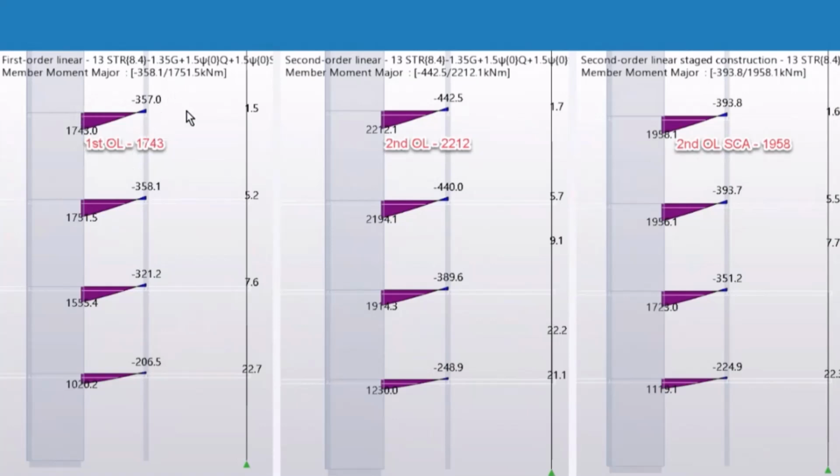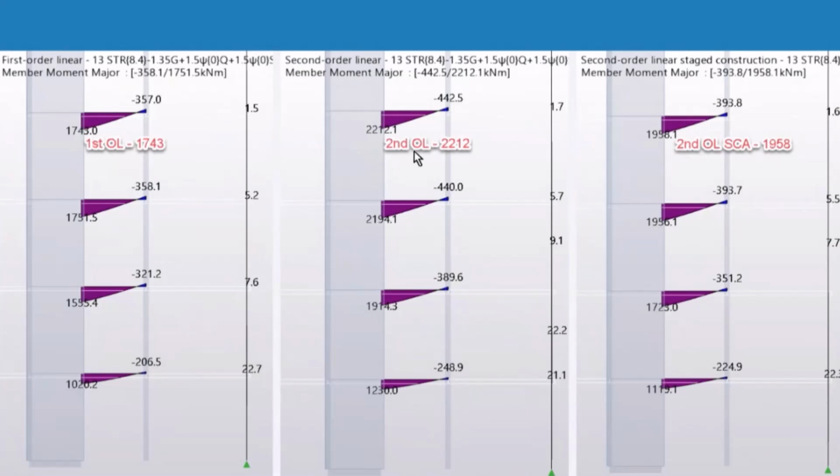And you can see the bending moments in the beam for one of the load combinations, it's actually the critical load combination in this situation. I'm showing the results here from a first order linear analysis. I've got 1743 kilonewton meters at the end of the beam here. When I run a second order analysis, that value goes up to 2212, so that's nearly